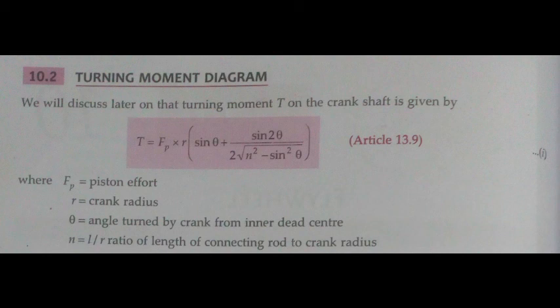So the turning moment diagram is nothing but a plot of torque and the crank angle. That means for different crank angles we'll get different torque. The area of the turning moment diagram for a particular cycle represents the work done during that cycle. So why is this important? The area of the turning moment diagram represents the work done